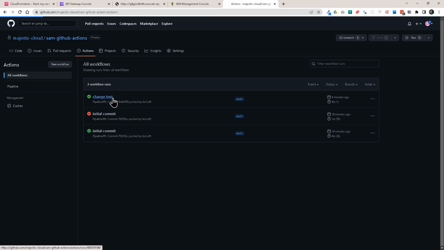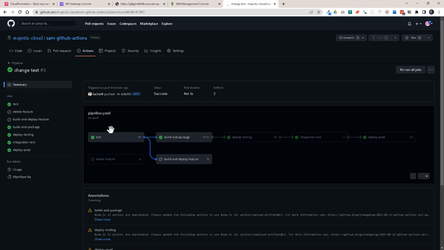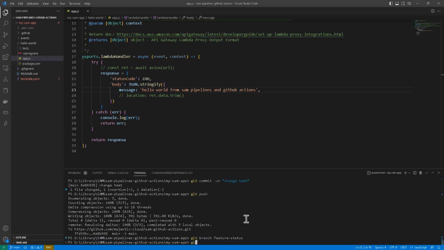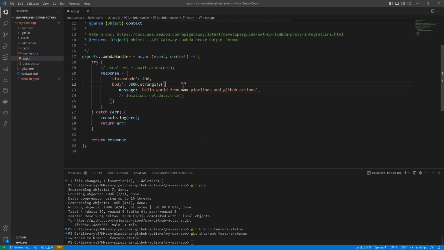Now what I want to do here, I want to create a feature branch, and that will trigger this build and deploy feature step here in the pipeline. So let's go back here and let's just create a Git branch, and it has to start with feature. This is how the pipeline is built, and it will be feature status. Let's say git checkout feature status, and then here I'm going to change this status successful, for example,